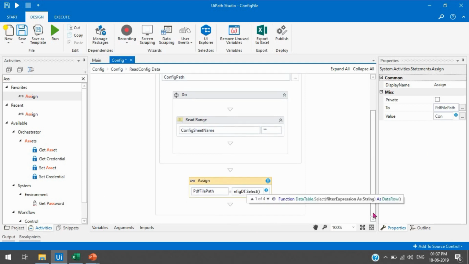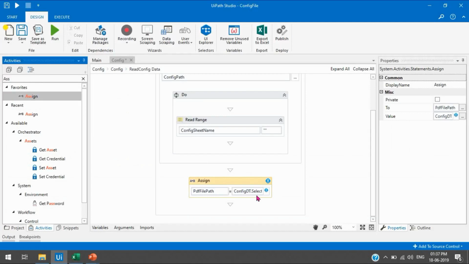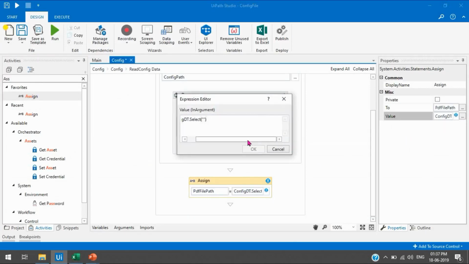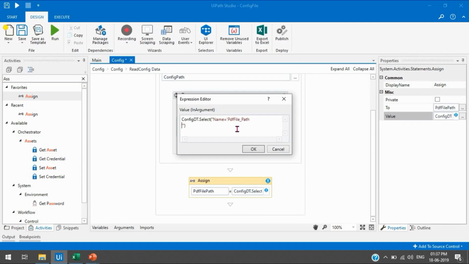Now here in double quotation we need to get the data of the name column. Let me open this in expanded mode, and here we'll write in double quotation name equal to, and in single quotation we need to find the PDF file path value. So first we'll write config dt dot select name equal to PDF file path.